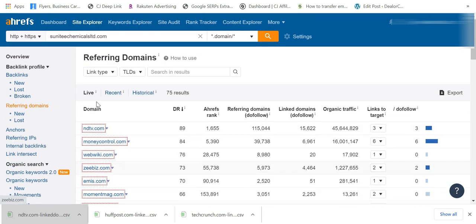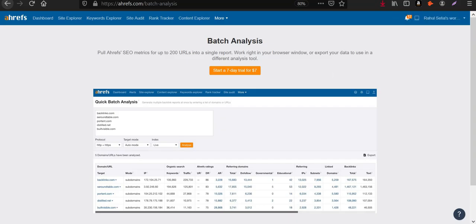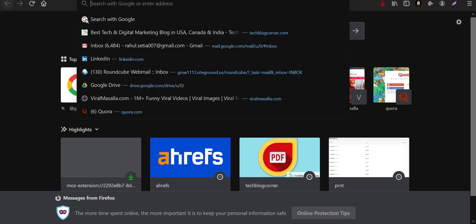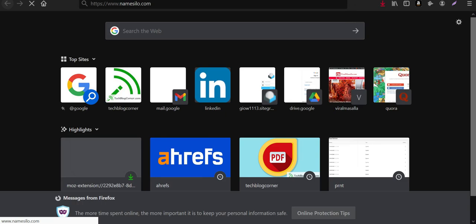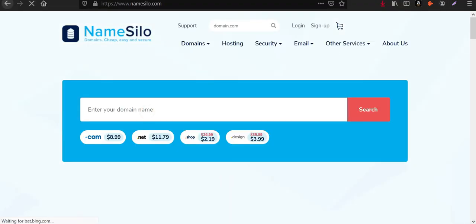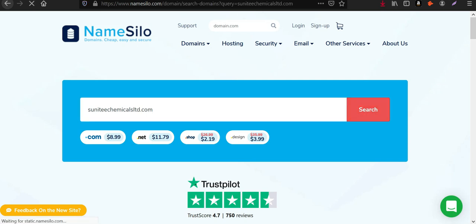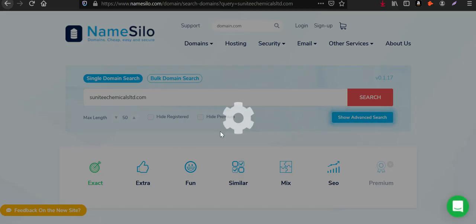And if you want to be sure how much these domains cost, then I would suggest you use NameSilo because it has lower prices compared to other brands like GoDaddy, Namecheap, or any other name that comes to your mind. So I can compare the NameSilo price with other brands. For example, this is the NameSilo interface.